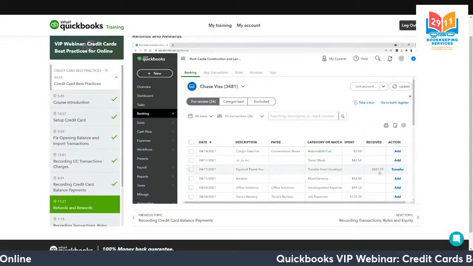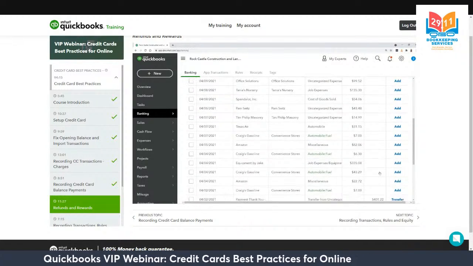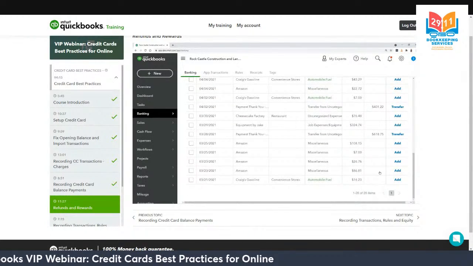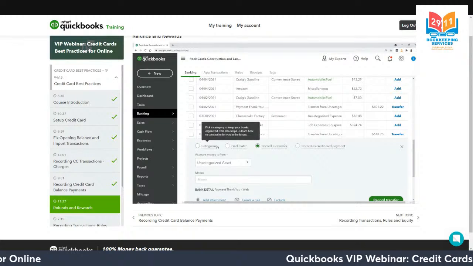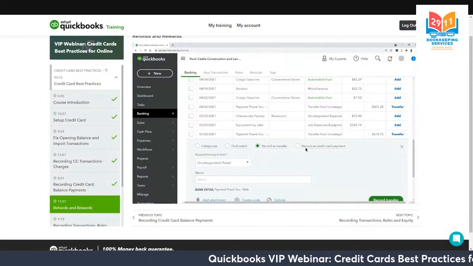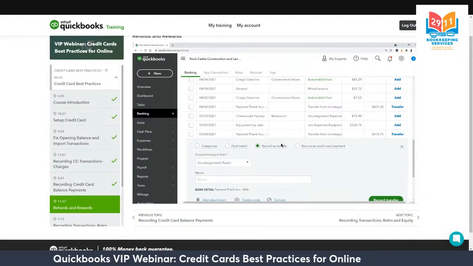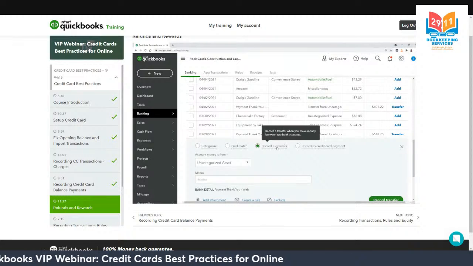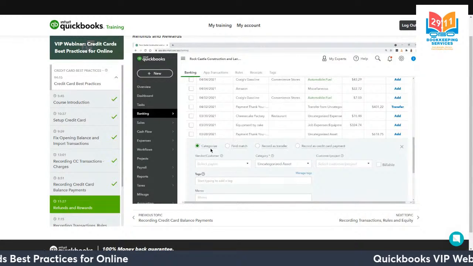And if you see something from the point of view of the credit card in which you received money, that's a refund. What you would do is select it and then choose categorize. Because whenever you receive money on a credit card, QuickBooks thinks that this is a transfer. It thinks, oh, you're paying off your credit card. But if you're receiving a refund, you need to categorize it,